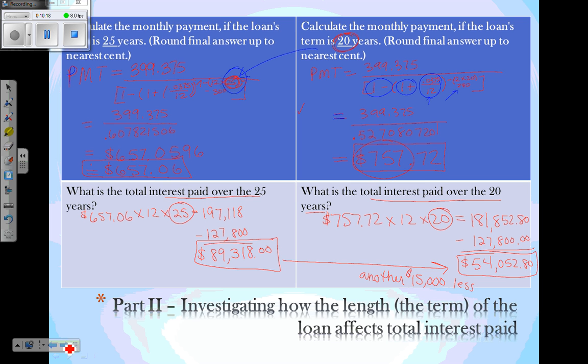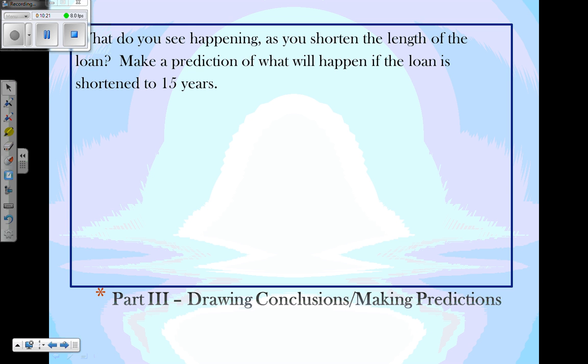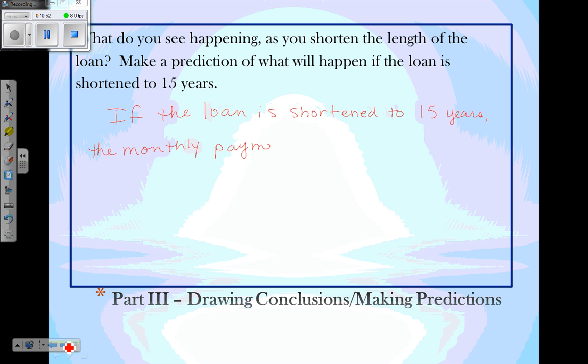So, in my analysis, your payments go up, but the interest paid goes down. So, here's what I would say. If the loan is shortened to 15 years, comma, the monthly payment will go up